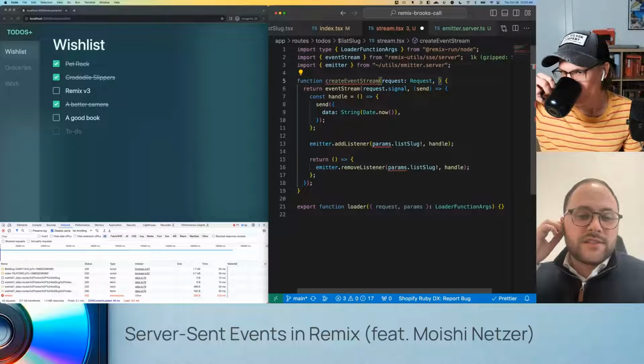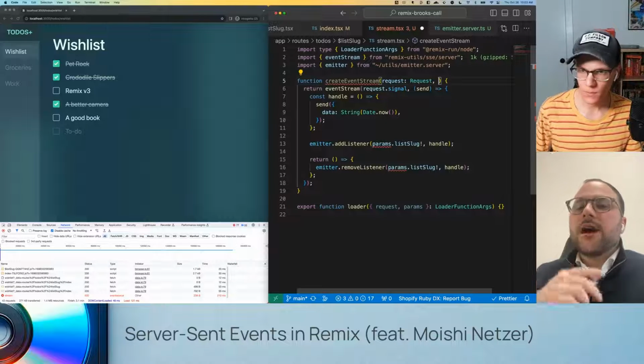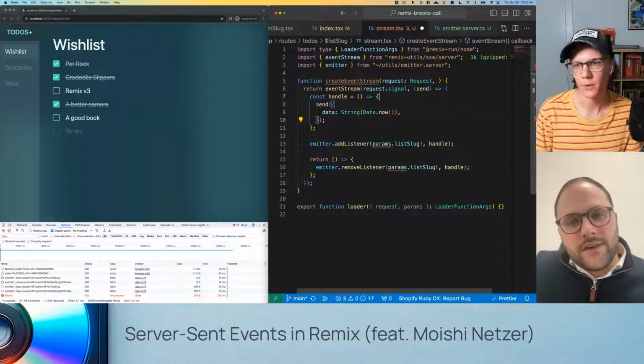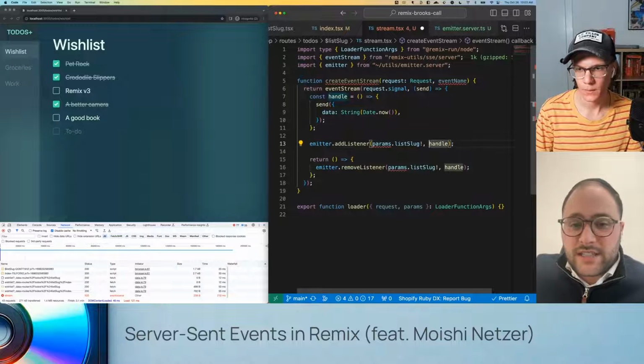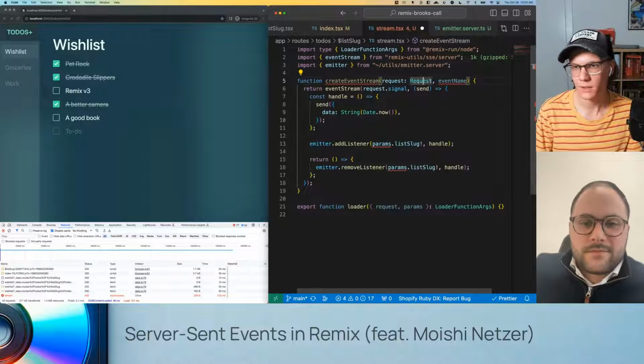Yep. And the second one, as you can tell, what's missing from the squiggly lines is the actual event name. So let's pass in the event name as well. Just like that. Is that good? And that's just a string, exactly. Oh yeah, of course. I need to actually type it.